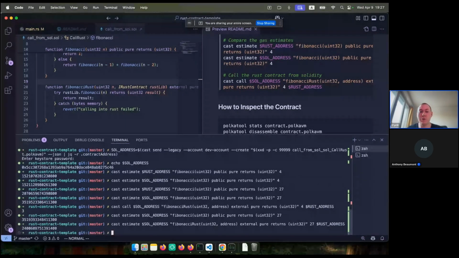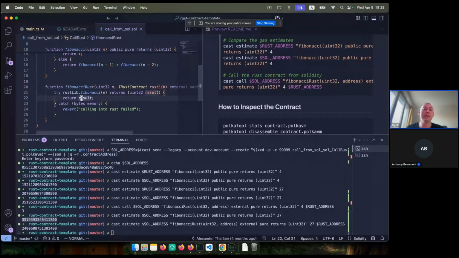You see, even though there's one more contract involved in the call stack, which is also something costly to do, calling the Solidity contract to then call the Rust contract to do some number crunching computation is actually a lot cheaper than implementing it all in Solidity. And what this means is that